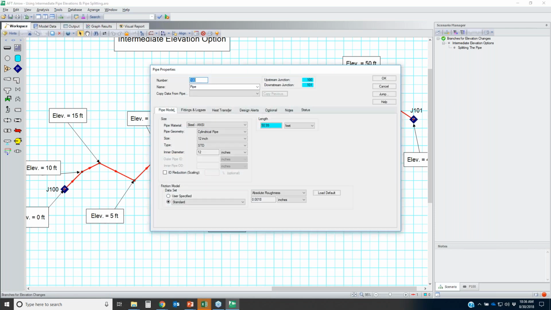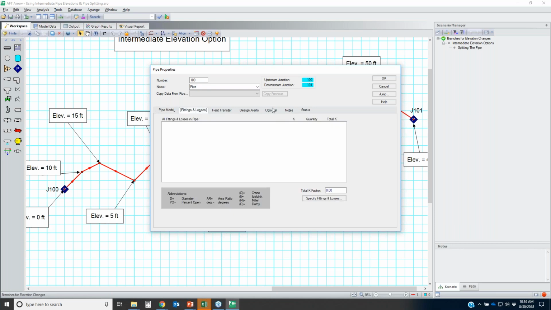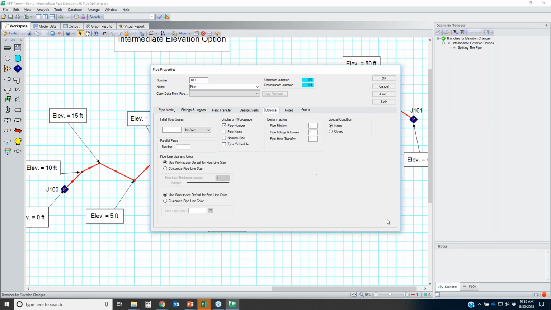I came up with an arbitrary grid scaling that I made up on the spot, and in the Fathom model it is about 1,017 feet. So something changed here that didn't get brought over, and I'm not sure what it was. But anyway, you've got your total length of the whole pipe itself. If you go to the optional tab,